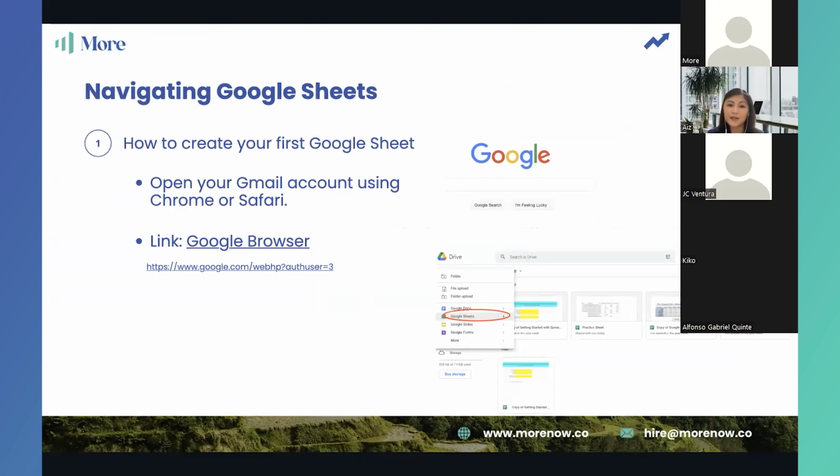Let's now start to create our very first Google Sheet. All right? So, is everyone excited? Okay, let's do it. So first, we will have to access the Google Drive. First you have to open your Gmail account. If you're working with your Windows laptop, you can use Google Chrome, or you can use Safari for the Mac users. All right, so let's go to the